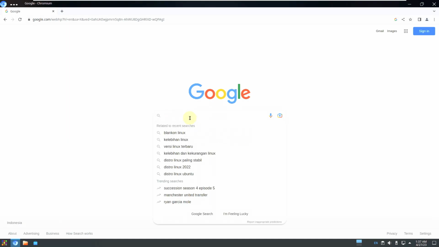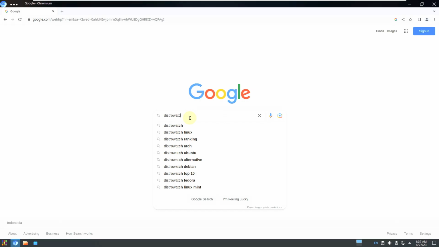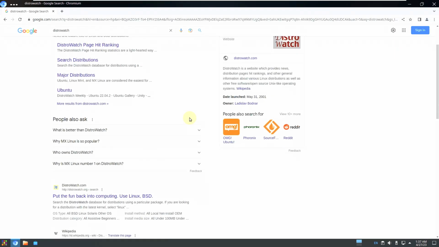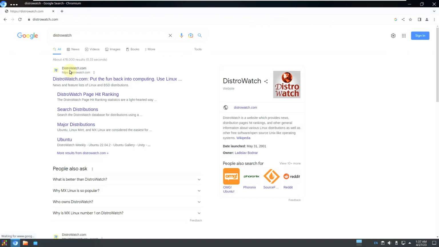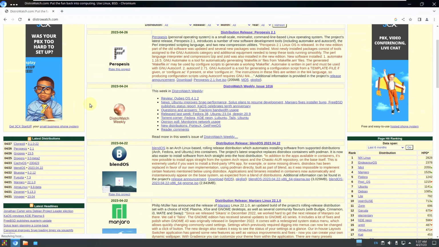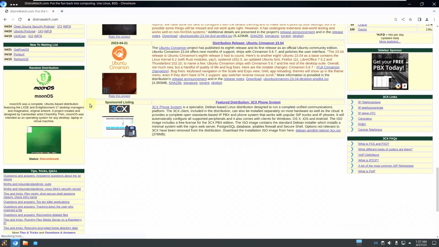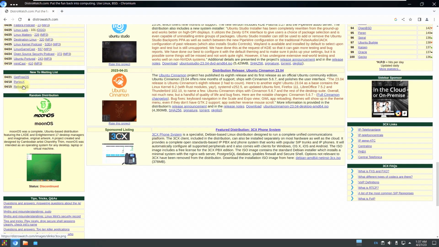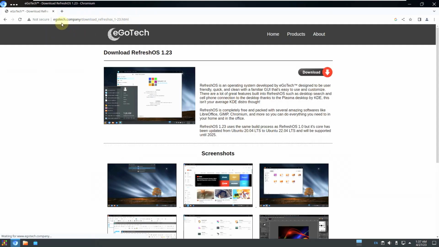Let's go to DistroWatch, because I found it on DistroWatch, and we should have our website there. Let me open DistroWatch first, and let's scroll down, and we should find our RefreshOS Linux. Here is RefreshOS, and this will take us to their website. I'm going to show you their URL. This is the URL, egotech.company/download. If you want to copy this URL, you can copy it, or you can type it in the search bar